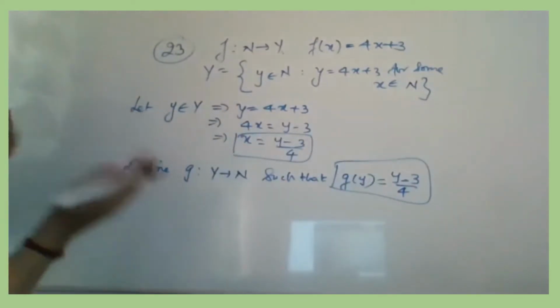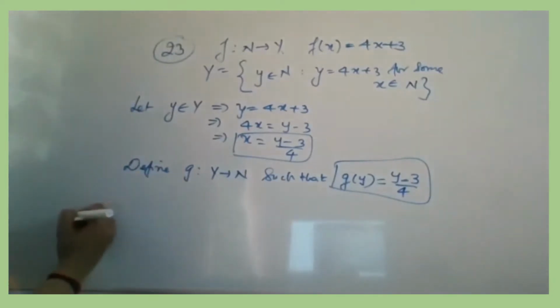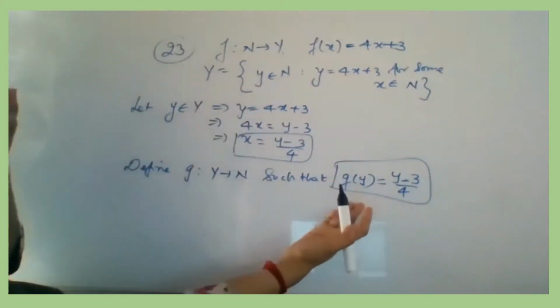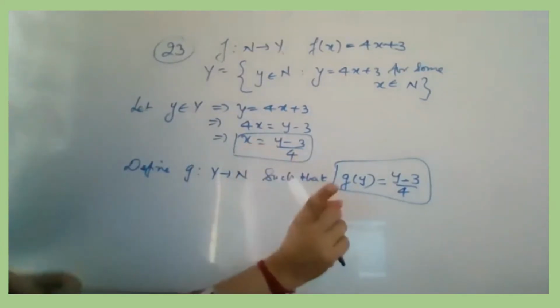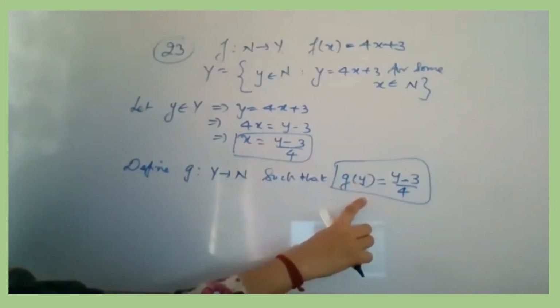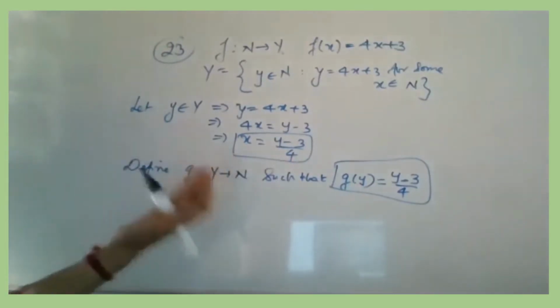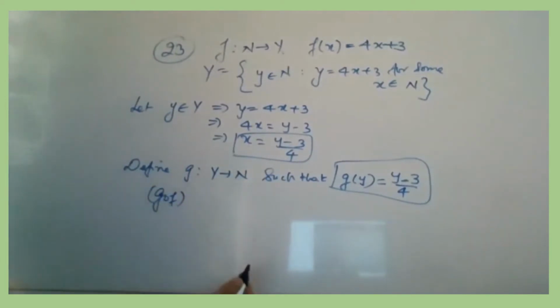So this is the definition of g of y. Here it stopped. Now our process of composition starts, that is we need to find g composition f and f composition g. Only then can we say that one is the inverse of the other, or that this is acting as the inverse. We said f is invertible, so we need its inverse too. So this will be the inverse of f. We have got the definition, but we have to prove that what we found is indeed the inverse. For this we need to find g composition f and f composition g.